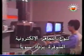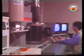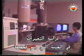The variety of available electron microscopes gets larger year by year. This one can study changes in the specimen being observed,